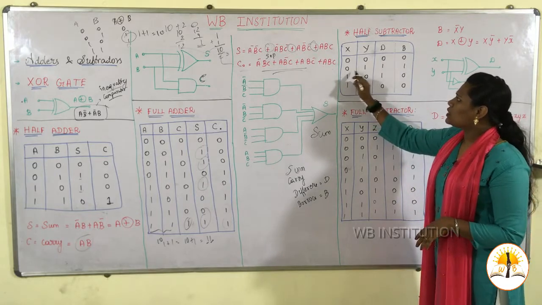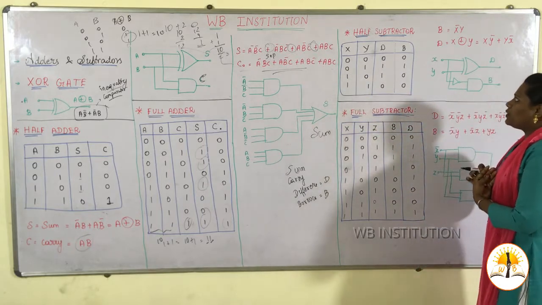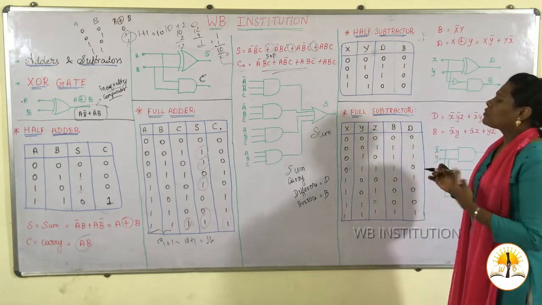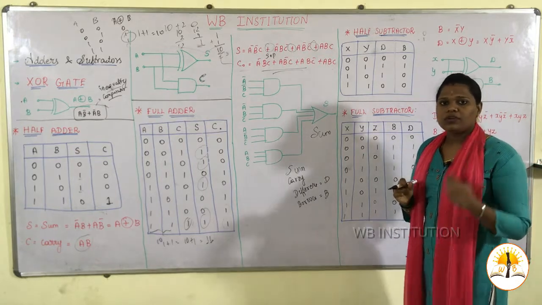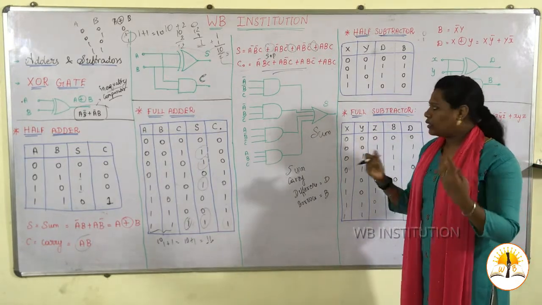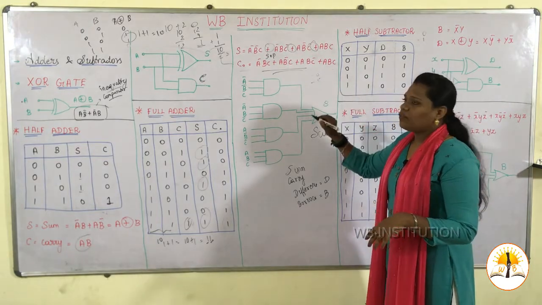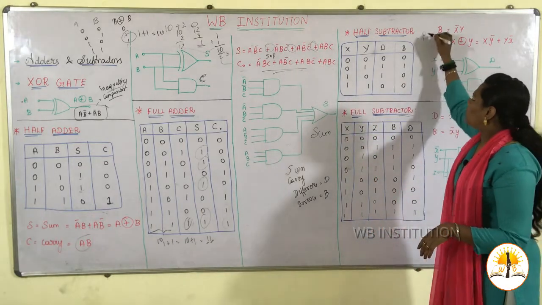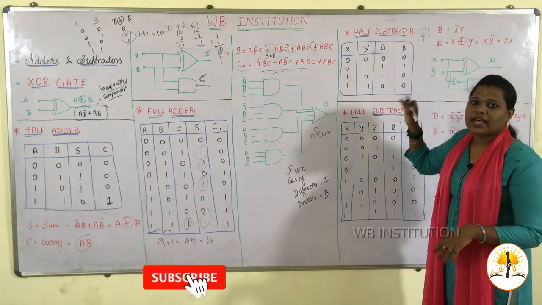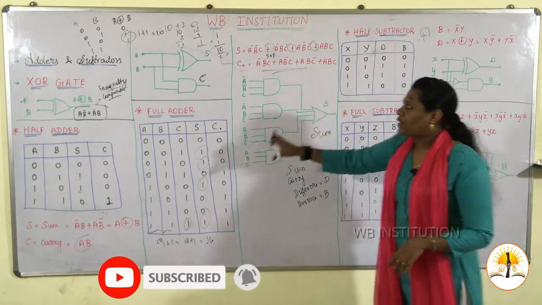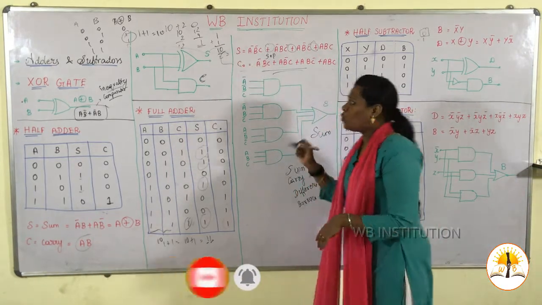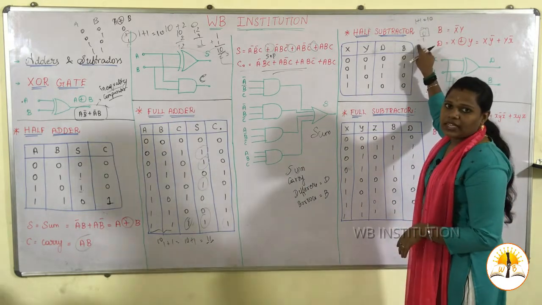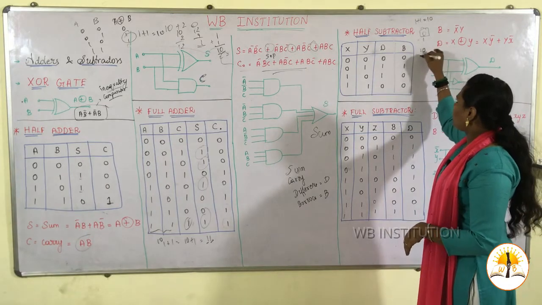0 minus 1. In this case what will you do? How can we subtract 0 minus 1? Initially you will borrow, right? Like in 20 minus 5, you just borrow 1 from the left-hand side. In the same way, the 0 is treated as 10. What I said in the half adder, this last term only is your sum, so 1 plus 1 is nothing but 10. So 0 is nothing but 10 minus 1.